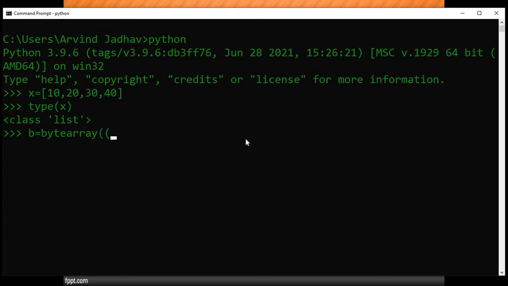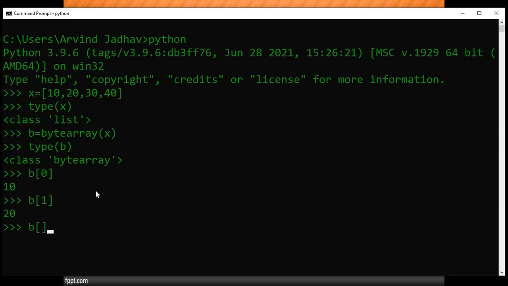Okay, so just I am trying to store that value, convert that value into bytearray, and see we get that value. When we check the type, we get bytearray. Earlier it was showing bytes, but right now it is showing bytearray, because here I am using the bytearray function. Similarly, how do we access? We can access by using an index. See, b[0]. I'm trying to access b[1].